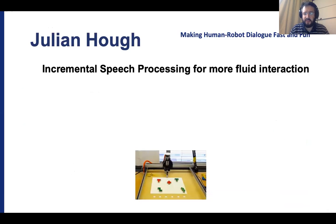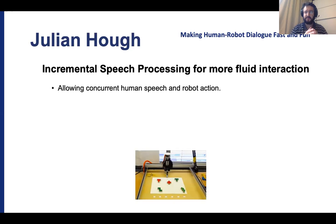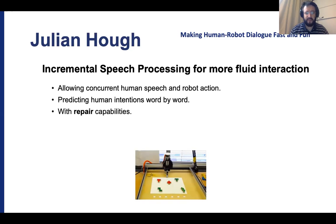So part of this process of making the interaction more fluid is to have incremental speech processing to allow more fluid interaction. And this is quite a big part of my research. So this needs to allow concurrent human speech and robot action to happen simultaneously, rather than allowing for gaps between the speech and the robot action. You need to be able to predict human intentions word by word, and you need the robot to have repair